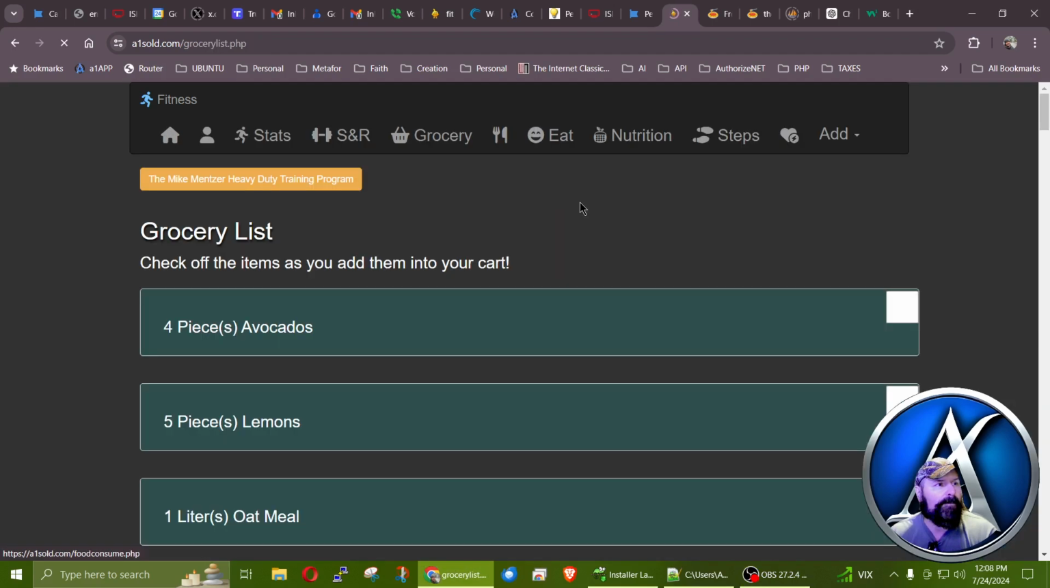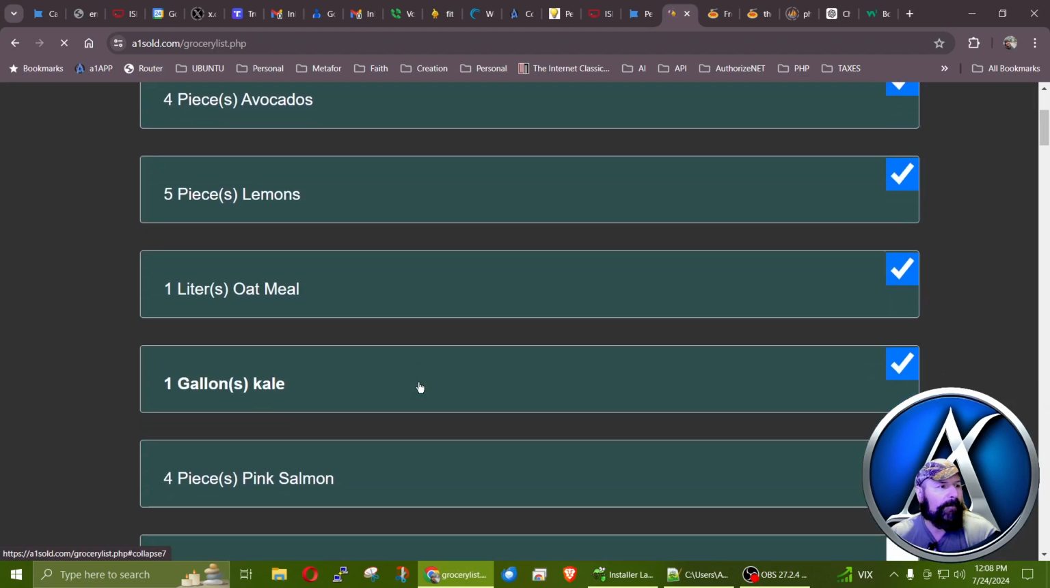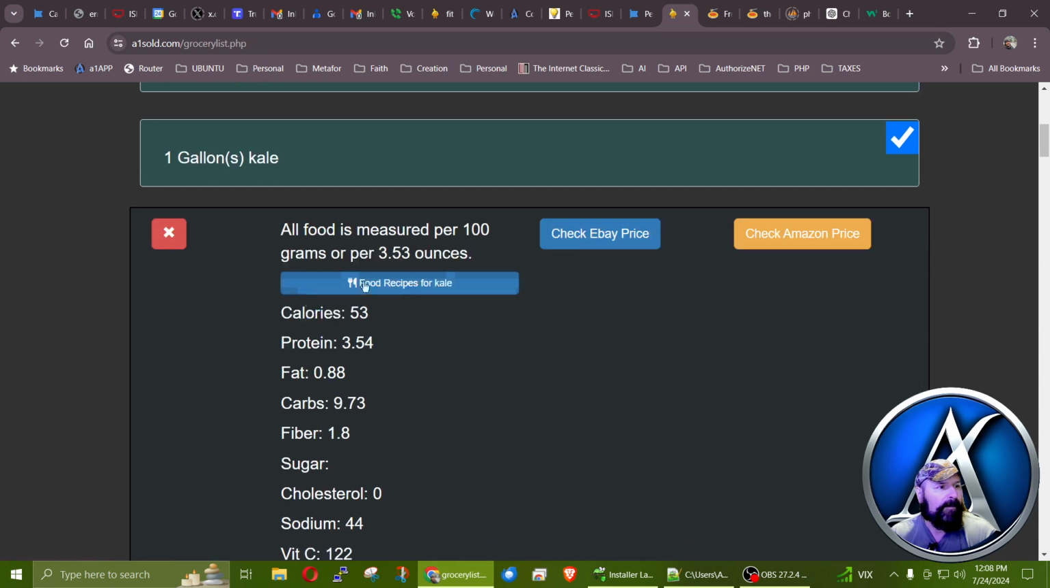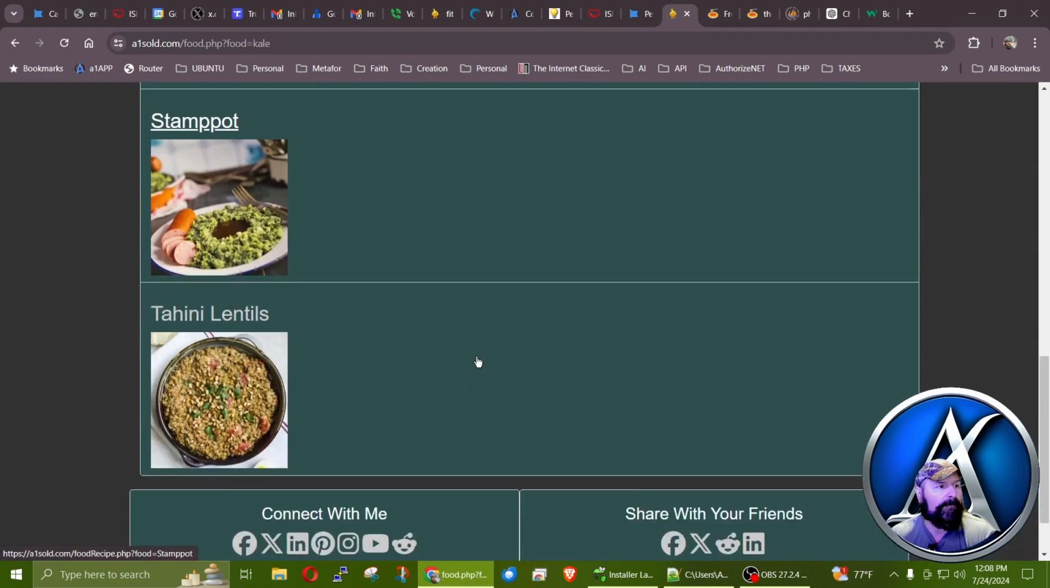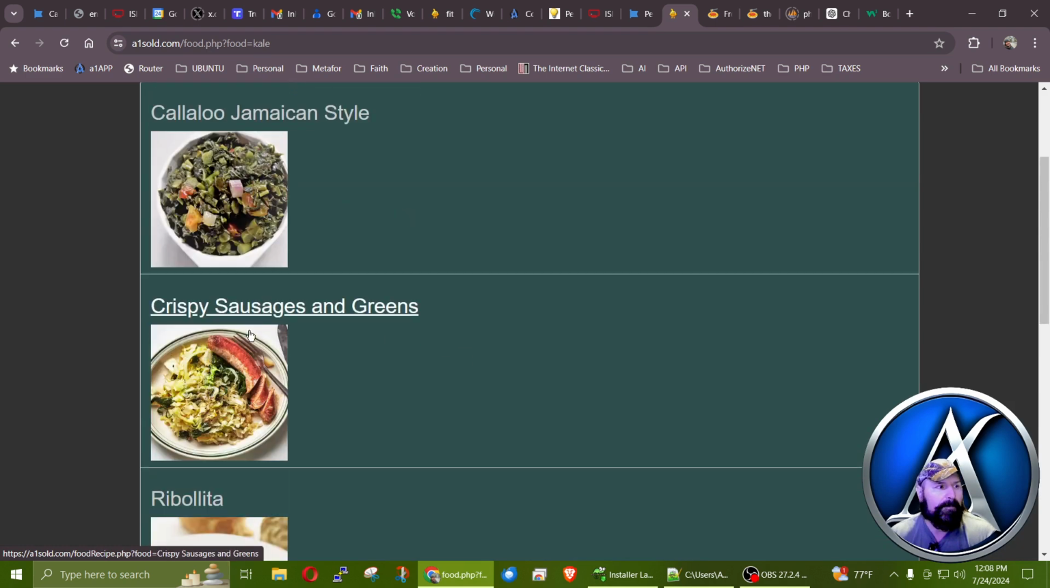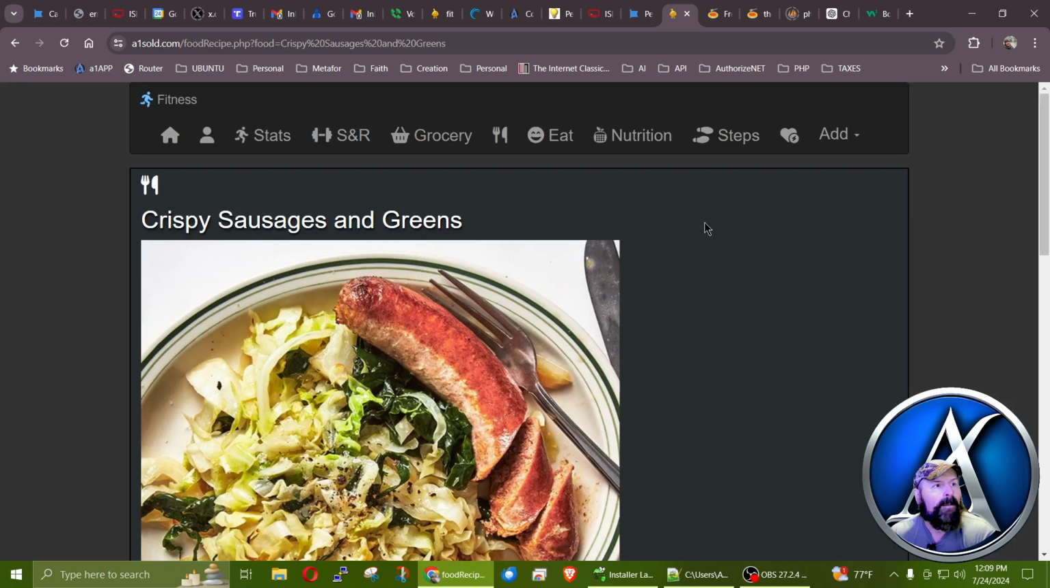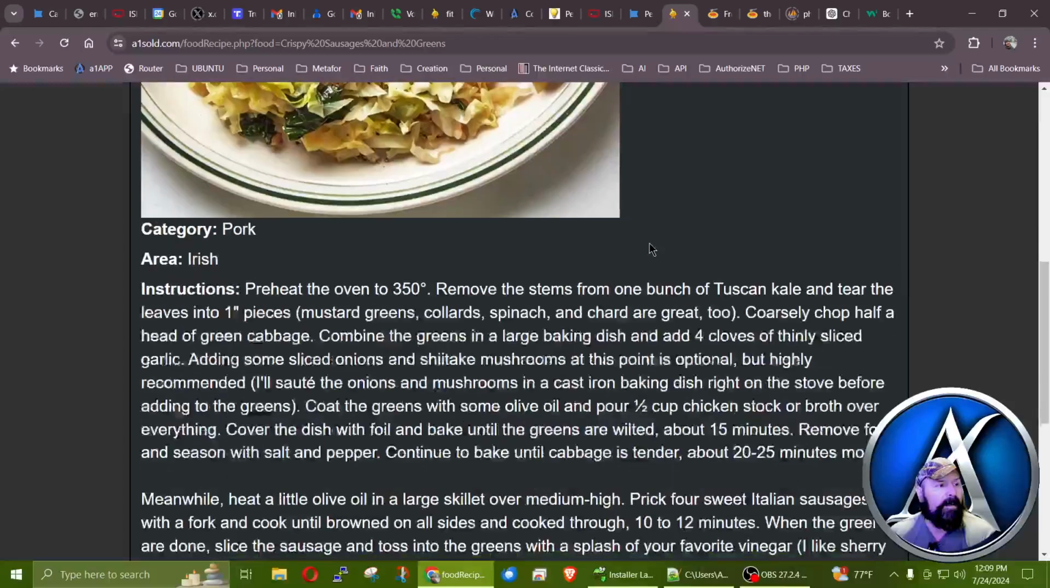If you go to your groceries now, and let's say we want to scroll down to kale here, you can see a new button here, food recipes for kale. And if you click on that, you get different names of the recipes like crispy sausages and greens. If you click on that or the picture, it's going to take you to the section of the site where